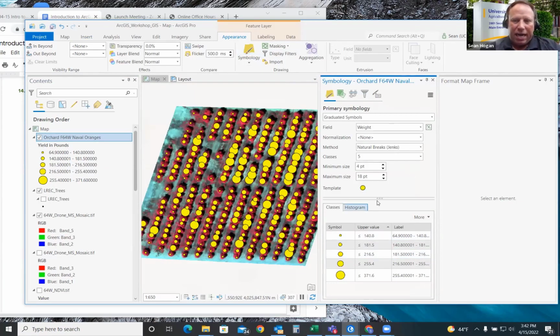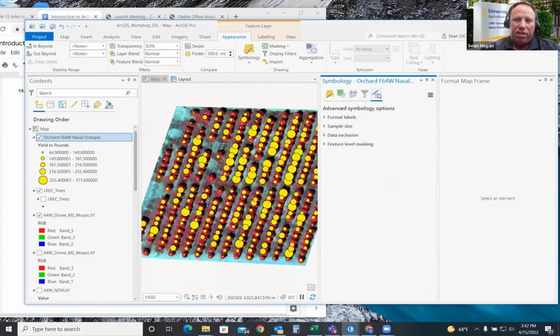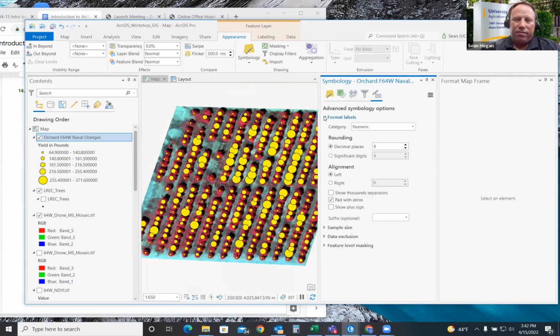So we don't have to change the symbols themselves. We just want to change the labels. And the way that we do that is we go over to the far right side on the top, advanced symbol options, and click label formats. Instead of 6, let's go with 1.